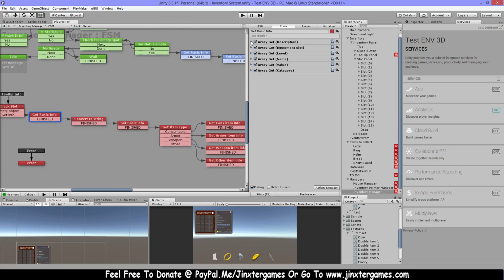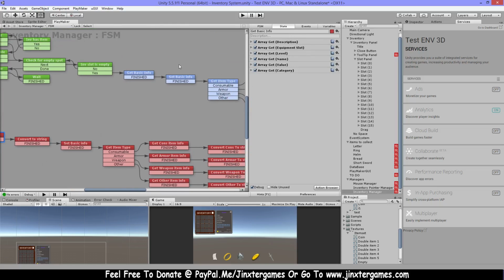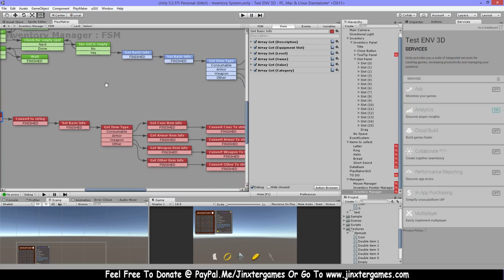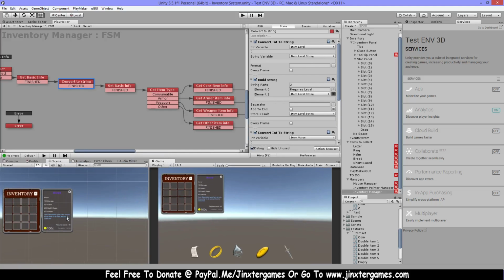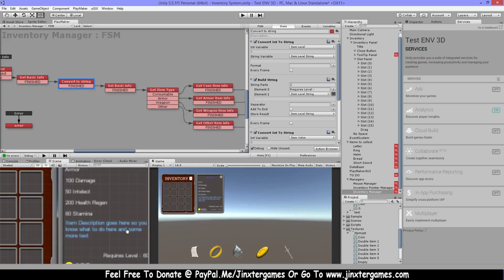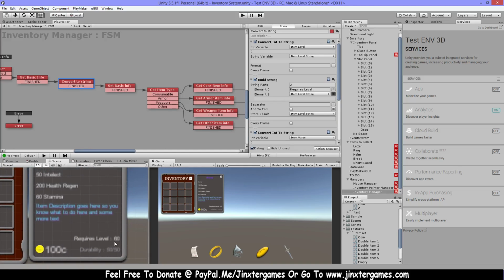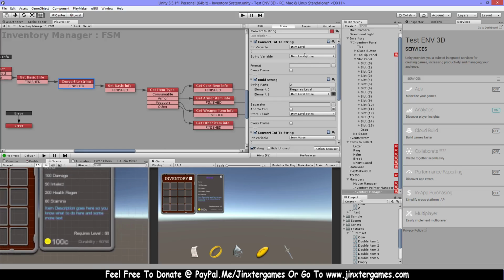So first of all, I'm getting the basic information again, just like I did here on this basic info. Then I'm gonna convert them to strings. So let's say, look for this one. So my item level, that's the required item level. Let me show you here. So required level is like 60, and